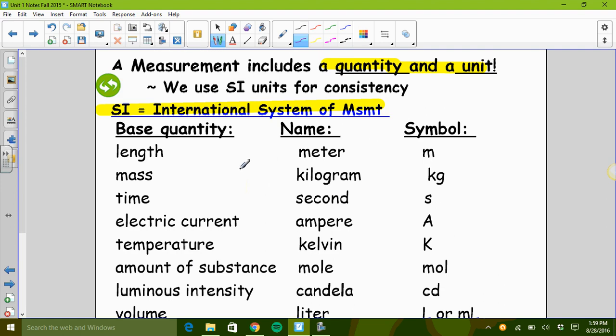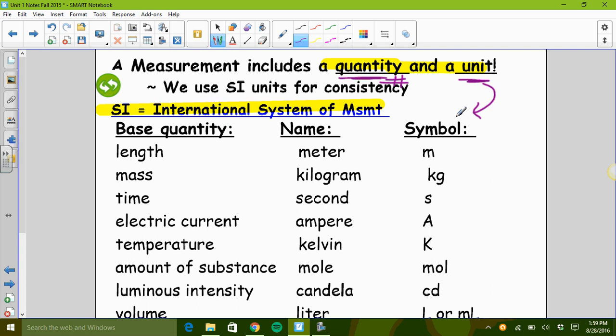All right, so these are some quantities that you actually might be familiar with, but we're going to walk through the SI system of measurement because that's something that respects the consistency of science around the world. And so in order to be able to publish information to the scientists of the world, we need to have a common language. And so the common language in the math side of things is going to be the International System of Measurement, or the SI system. One thing that you want to note is that a measurement will not only include a quantity, which is a number, it will also have a unit.